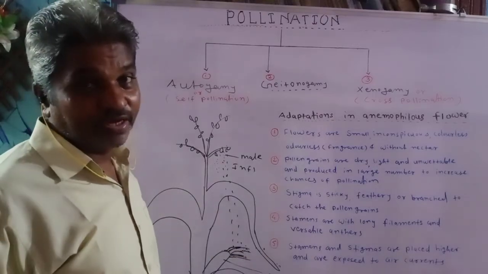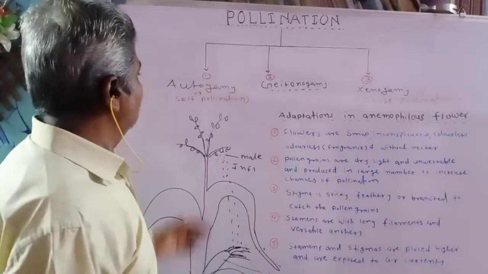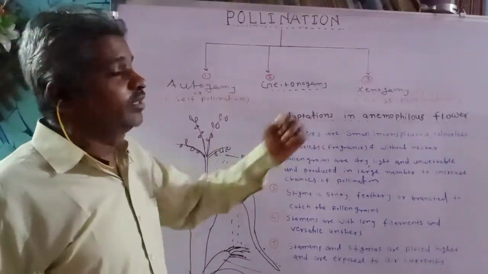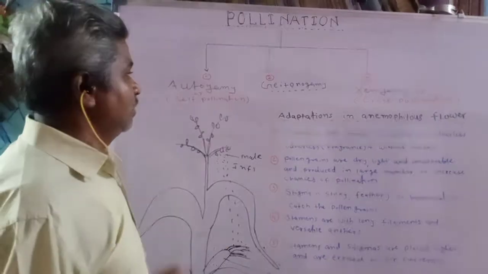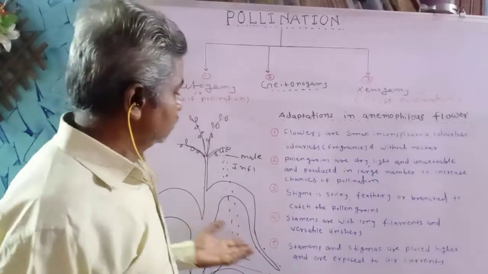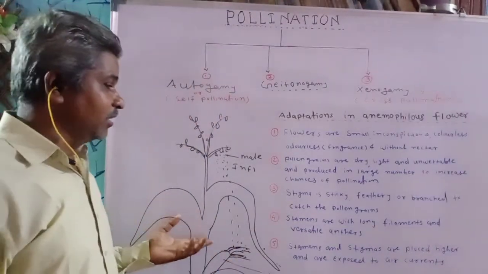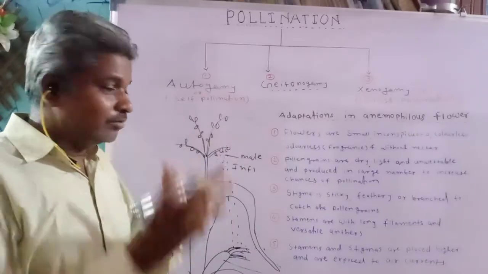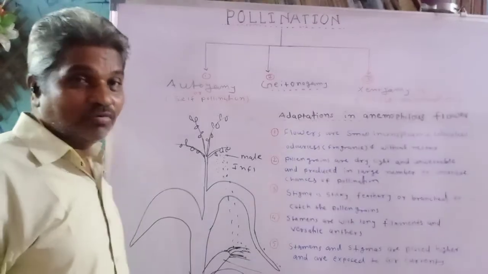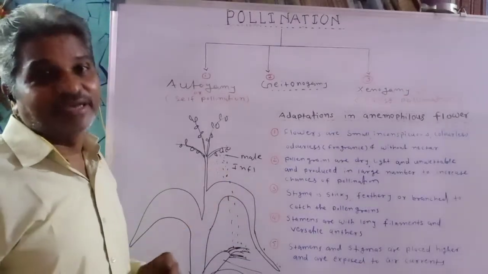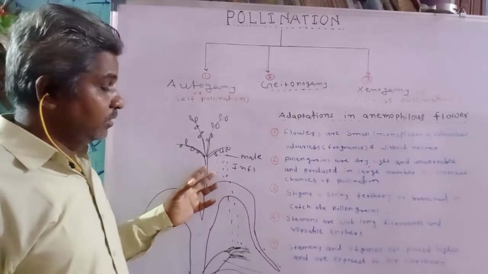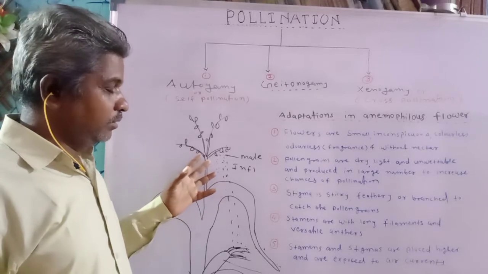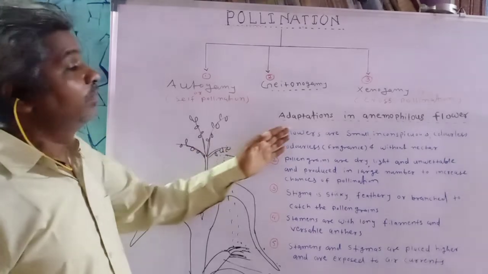the anemophilous type of pollination is carried out, because wind is the abiotic agency through which the pollination occurs. In anemophilous flowers, wind is the pollinating agent, so stamens and stigmas are placed higher and exposed, in contact with air, and such contact brings about pollination with the help of wind.